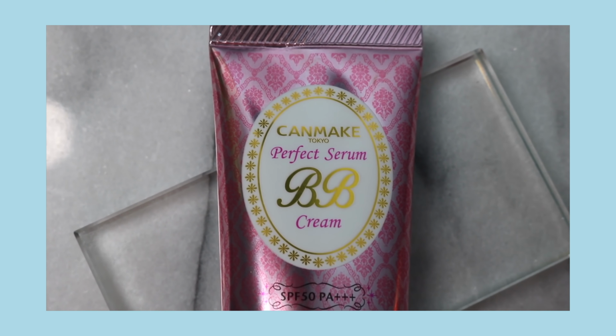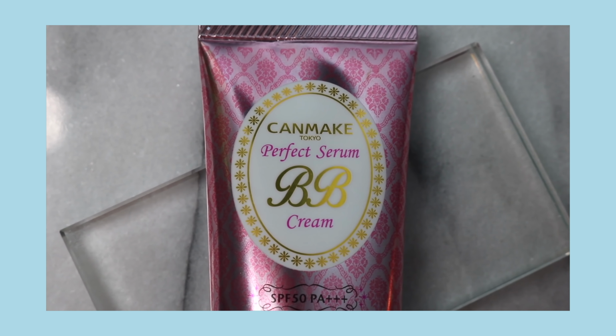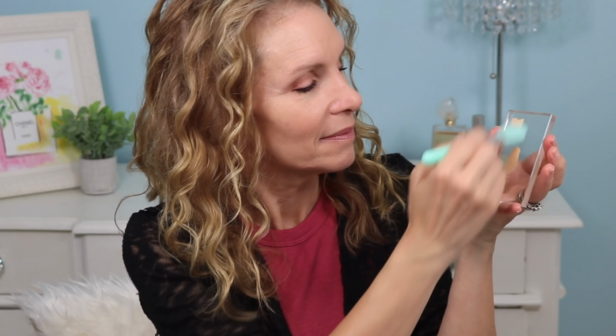Something that's more recent I love is this BB cream. It's from the company I mentioned earlier, Canmake. It's beautiful. They only have a couple of shades. That's the downside of things. I ordered the number 2 shade. The number 1 is for very fair skin, but I am in love with this. It's very hydrating. Now also this has a 50++